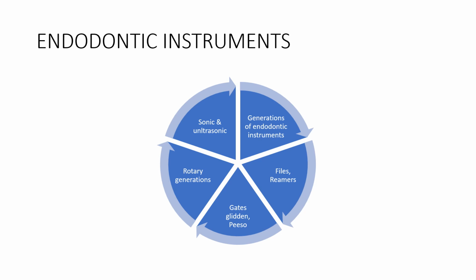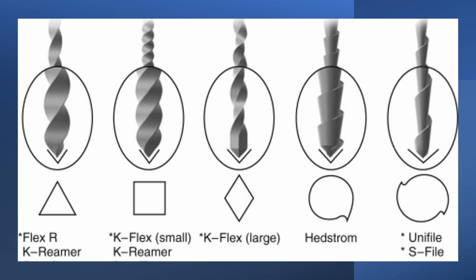So you should be in a position to find out what it is and how it is and what is the diameter of each. Then you should know little bit about the rotary instrument, what are the generations of it, and the ProTaper comes under which generation, ProTaper Gold comes under which generation, what is self-adjusting file and what is Wave One and Wave One Gold. So if you know about that, that is enough. Then lastly, just go through what is a sonic instrument and what is an ultrasonic instrument and where all it is used.